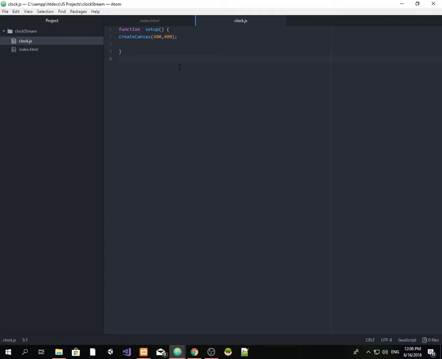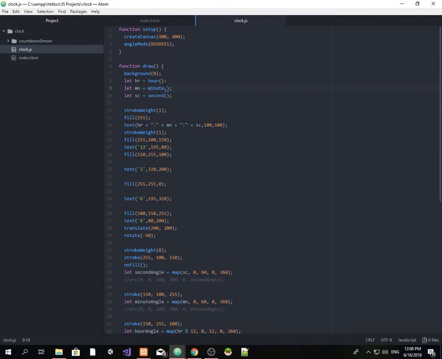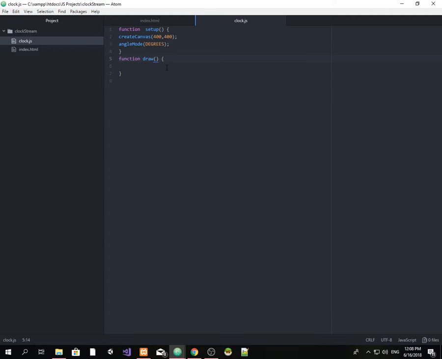And we don't actually start from here drawing the circle, we start from the top. And in our function draw, here it is, we want firstly the background to be black,